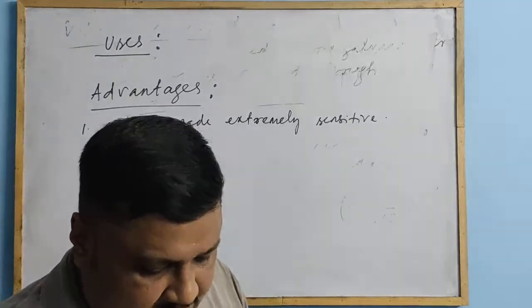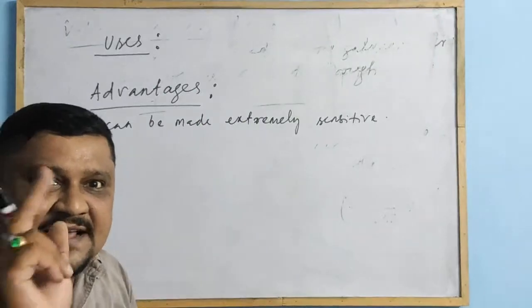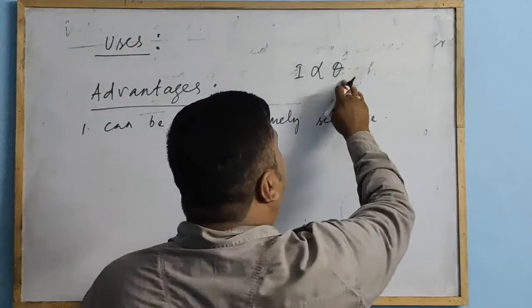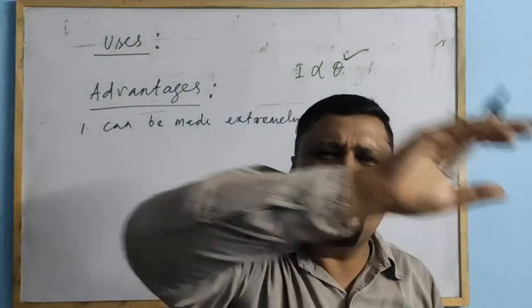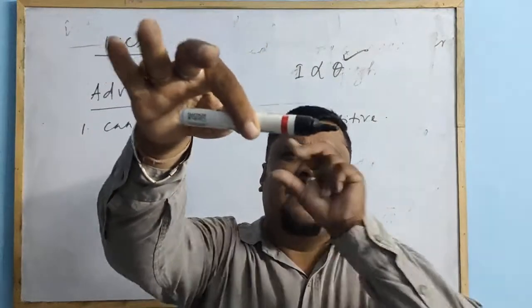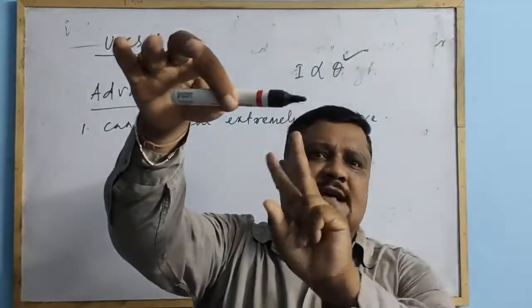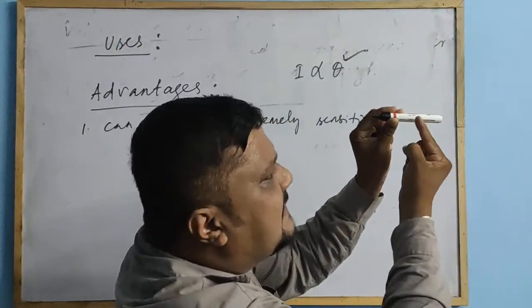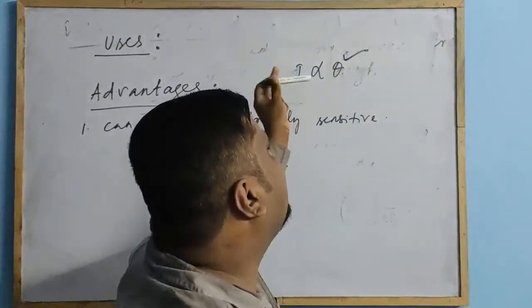Okay. Then in this moving coil galvanometer, the current I is proportional to theta. And this theta can be noted simply by using a linear scale. No need to use any other devices. In front of the galvanometer, you place a linear scale. The light incident on the mirror is deflected onto the linear scale. When the current flows, the coil deflects, and the spot is displaced on the linear scale. By calculating that, you can measure, right?